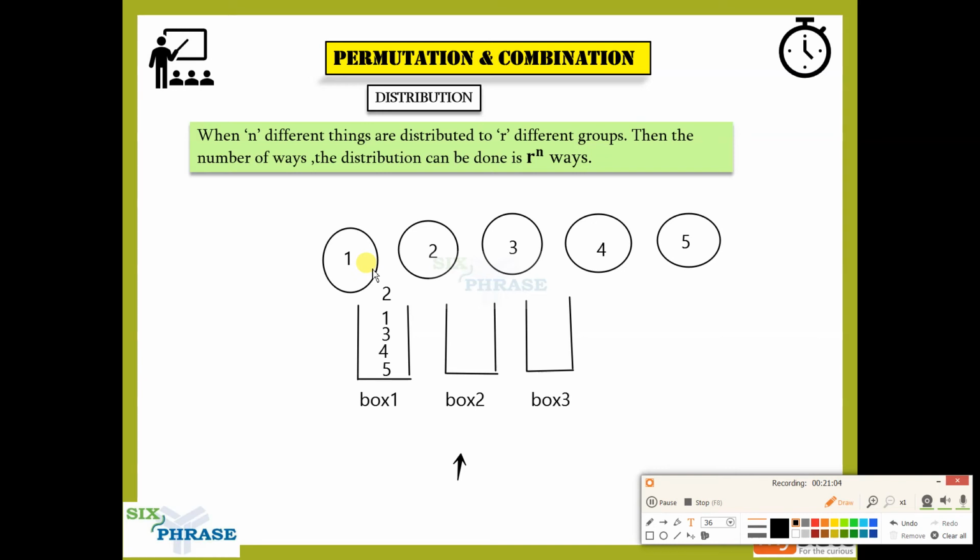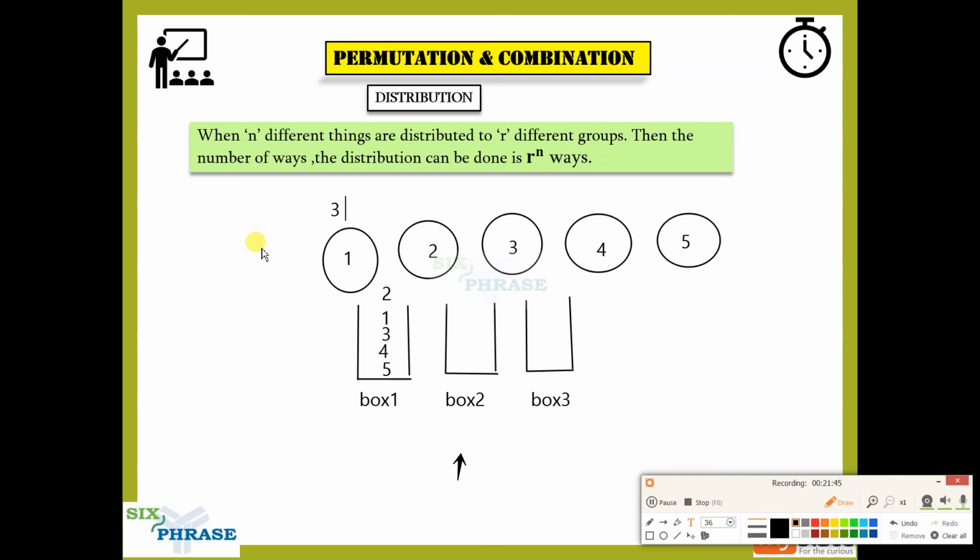So what we do here is, this first ball can be distributed in how many ways? This first ball can go in box 1, it is a possibility, or it can go in box 2, or it can go in box 3. What does 'or' mean? You have to keep on adding. So the first one can go in box A, that is one way, or box B, or box C. So totally how many ways? 3 ways. There are totally 3 ways in which the first ball could be placed or distributed.